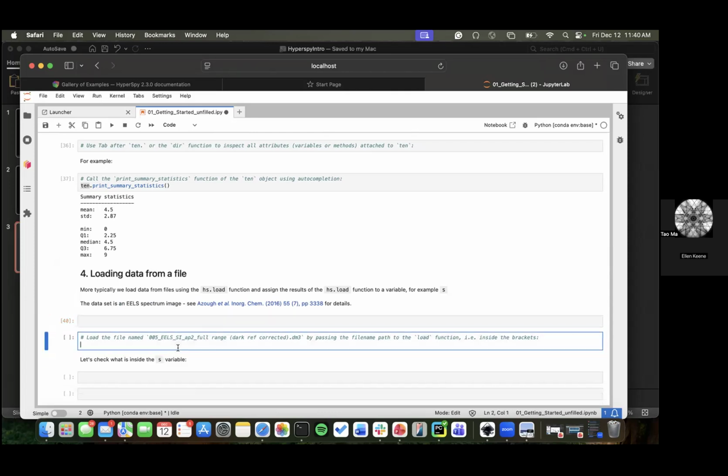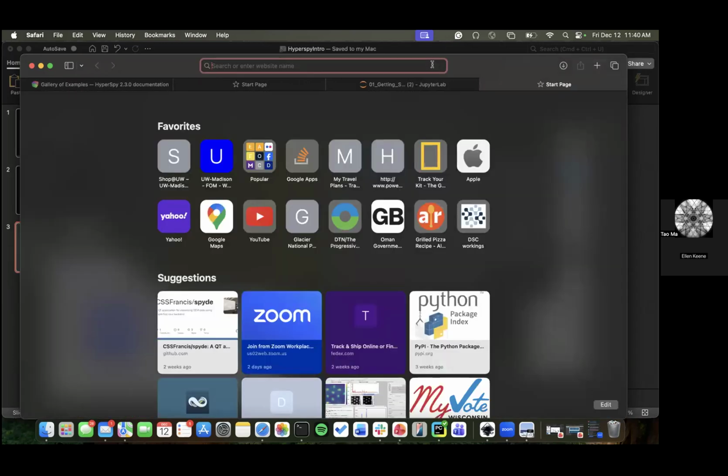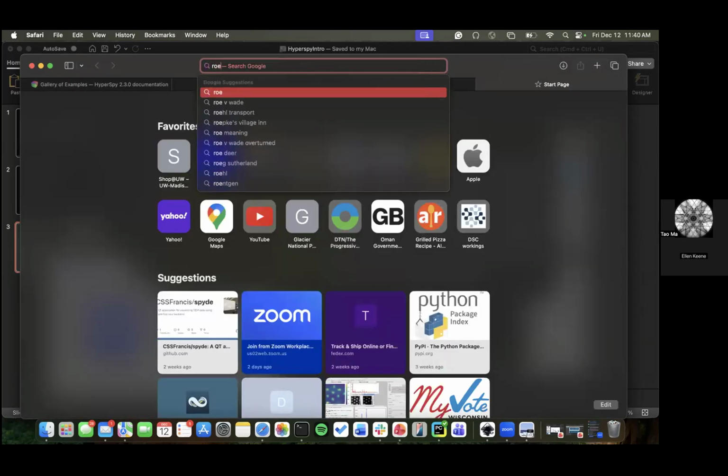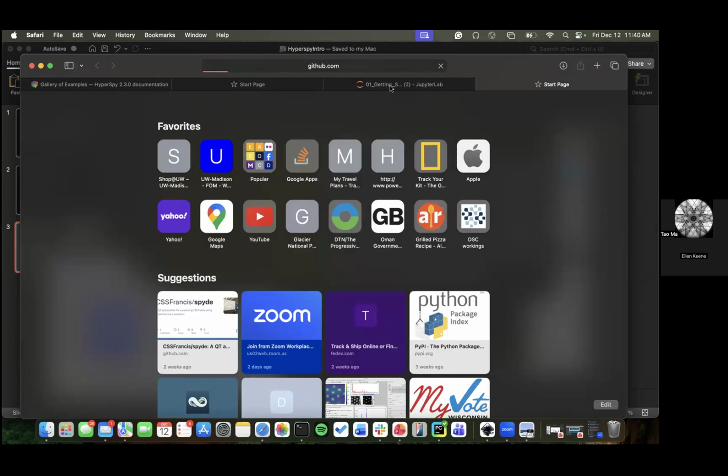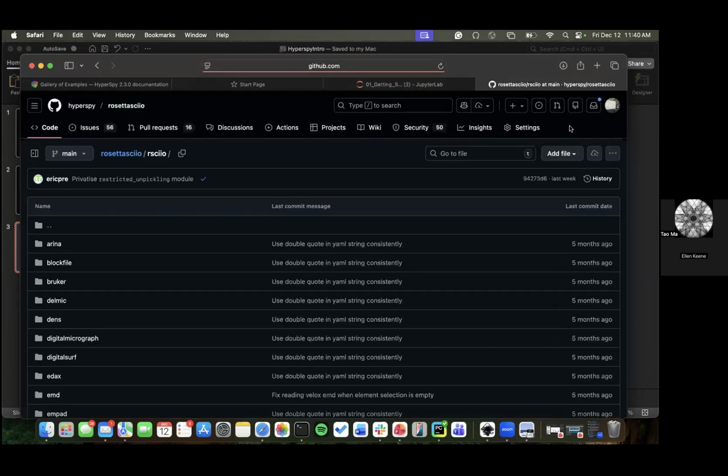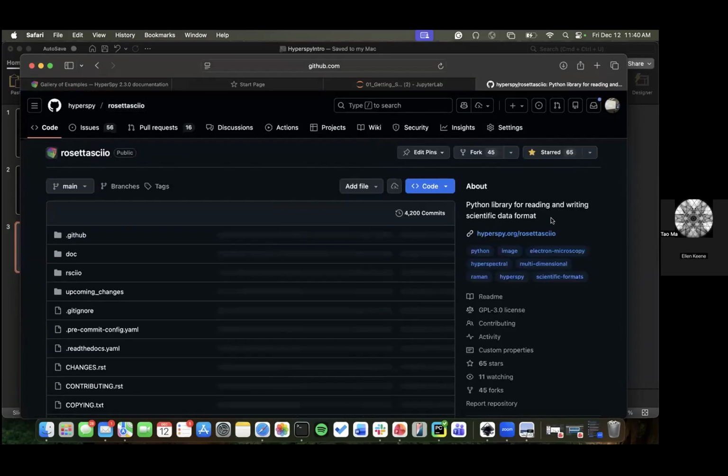So we're going to try and load a DM3 file. One thing that's super nice is that HyperSpy uses this package called RosettaSciIO. So if you go, let's go here,